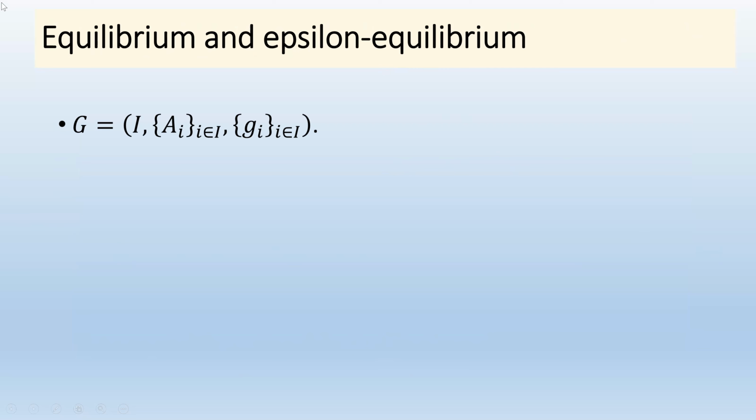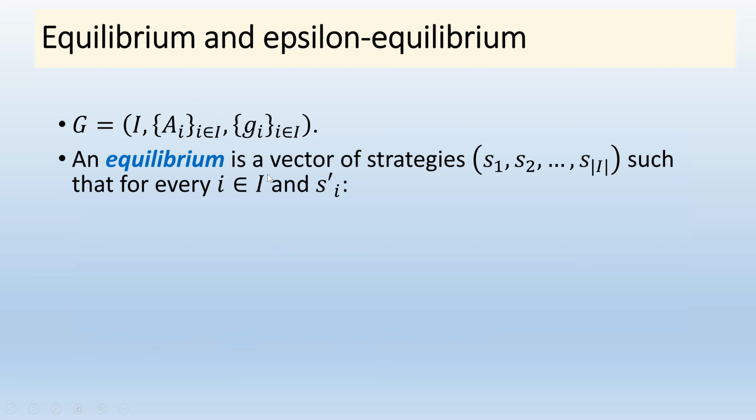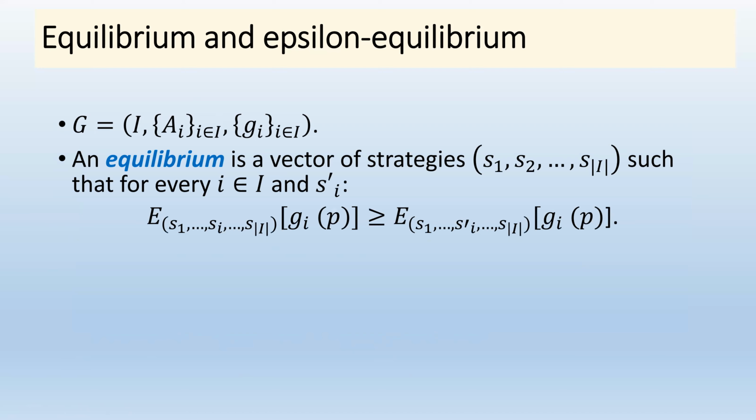Well, first, what is a game? So we have the set of players, we denote it by I. Each player has his or her set of actions and his or her payoff function. An equilibrium is a vector of strategies, one strategy for each player, such that a single player deviating to a different strategy than the one assigned to him by the vector of strategies in the equilibrium, while all other players still conform to their equilibrium strategy, such a behavior is not profitable. Okay, you cannot gain by unilateral deviations.